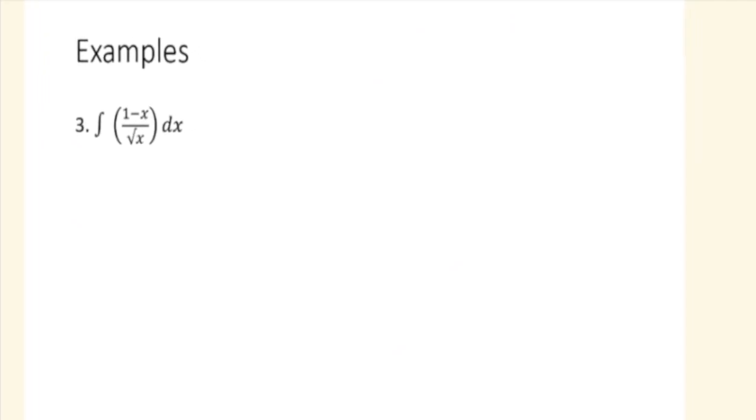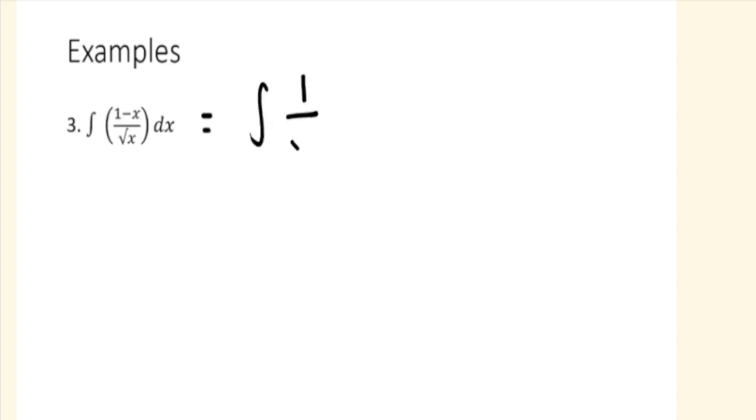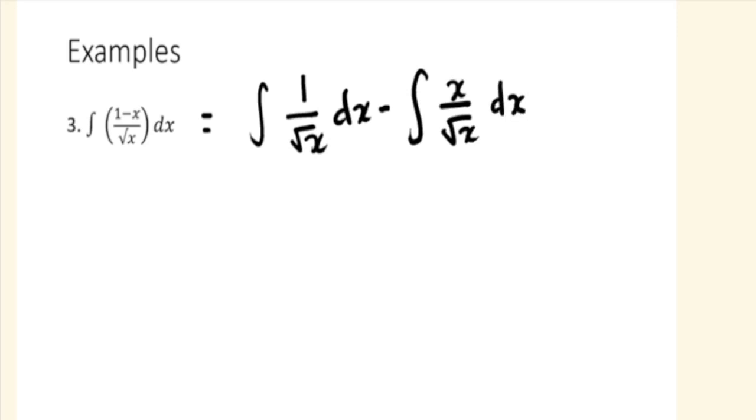This one is a little bit more complicated. So, integral of quantity 1 minus x over the square root of x dx. Okay, we can start by separating the terms. So, integral of 1 over square root of x dx minus integral ng x over square root of x dx. Now, if we would recall, we can actually write this as x raised to negative 1/2 dx